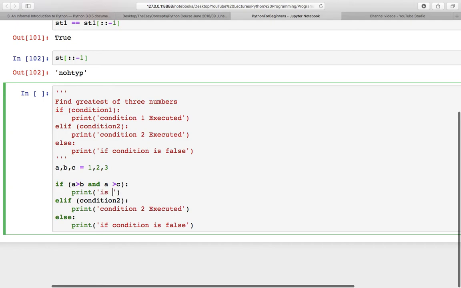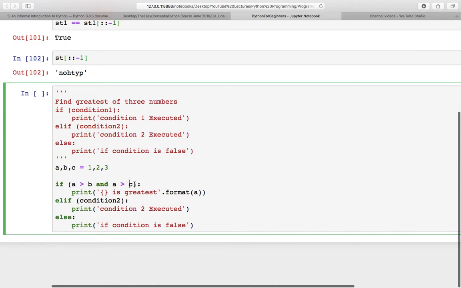One new thing I am going to discuss here is the format function. You can use format and pass some variable to it, and at whatever place you want to put this number in the string, you can put braces.